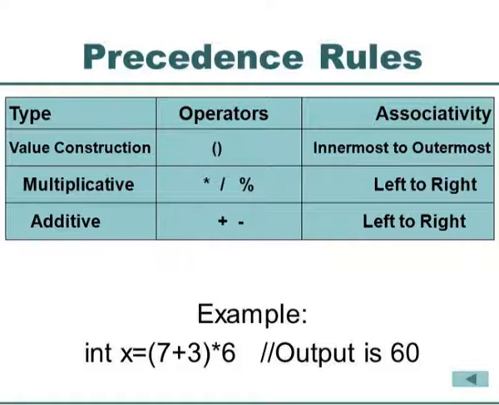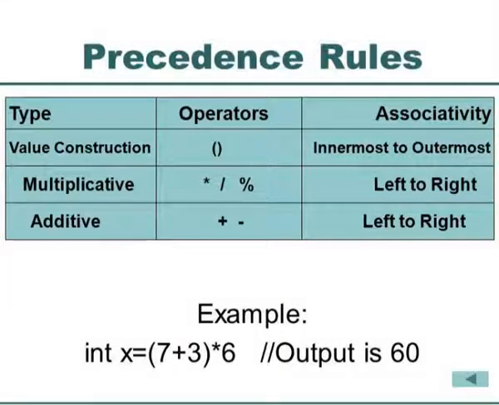Similarly, in the case of the additive component of an expression, you have plus and minus. So plus and minus has the lowest precedence compared to the other arithmetic operators. So in one expression, if you are having multiplication and addition, first you have to execute multiplication, then only you should execute addition. If you have addition and subtraction in the same expression, then whichever operator comes leftmost is to be executed first, proceeding to the right. That is what is given in this associativity rule. So if you memorize this, you will be able to identify how an expression is evaluated or executed by the C++ compiler.